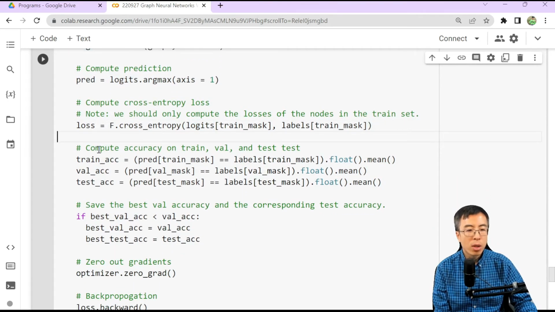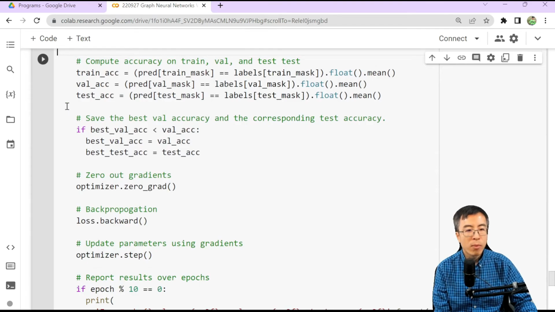Then you can also compute the corresponding accuracy in the train set, validation set, and the test set accordingly. You may want to save the best validation accuracy and also the corresponding test accuracy.